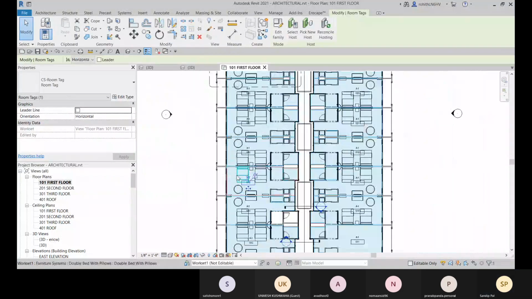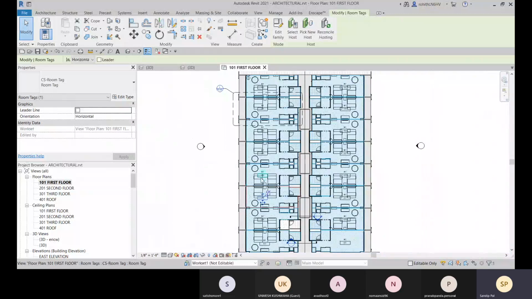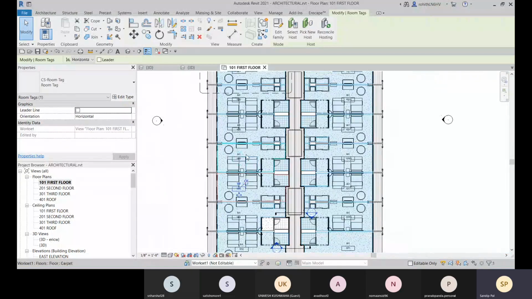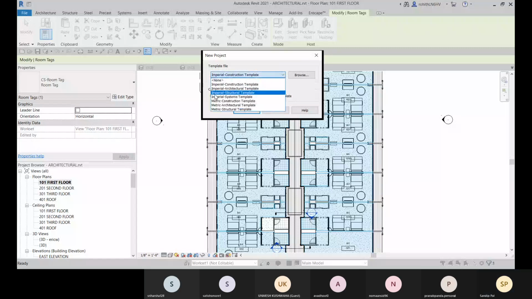Okay, so what is the benefit? This room tag will highlight all the room area and volume. So for that, let me just open a new file. Let me go with a small part of the drawing.